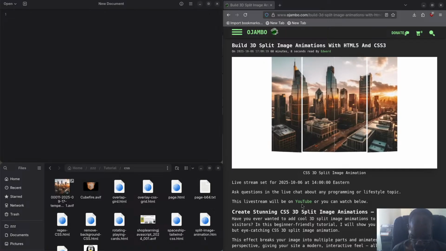Okay, so we're going to create a stunning CSS3 3D split animation. You can see an example here. When you hover, it's actually going to split the image. So we're not going to use multiple images, we're going to use one image. And in this particular case, I'm splitting it only into 3, but you can split it as many times as you want. I will show you how to do that